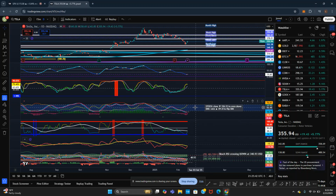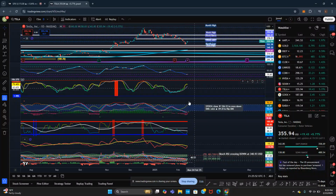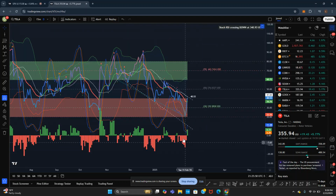Look at this. You got on Tesla right here. As long as it closes above $336 on a daily candle with volatility moving to the upside, we're looking for more upside. We're about to get a cross on the MACD. Let's see if we got any. We got some,